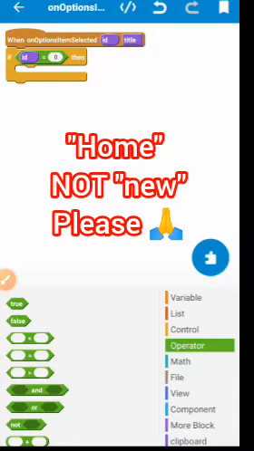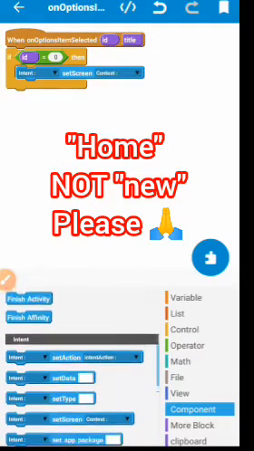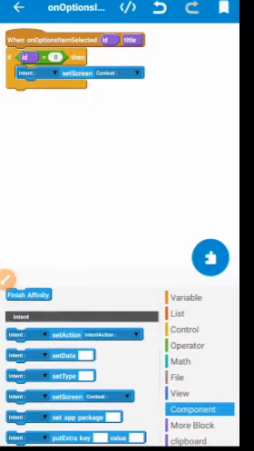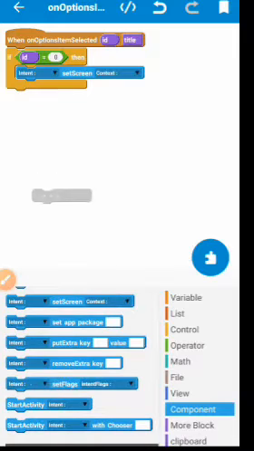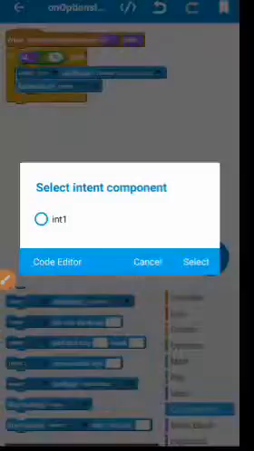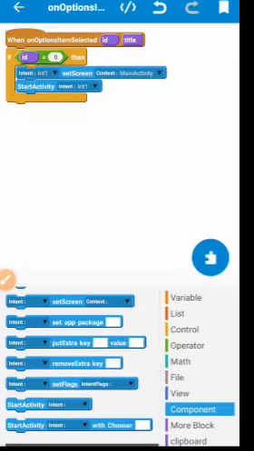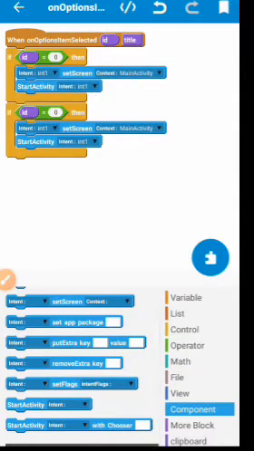Then we go to component. In that case, when they click on new, we want it to set screen. You go to intent here, under component, intent, set screen, then you put start activity intent. So I'm going to say intent int1 set screen, the same main screen that is going to restart the entire screen. Then you put start activity intent 1. So you duplicate this,